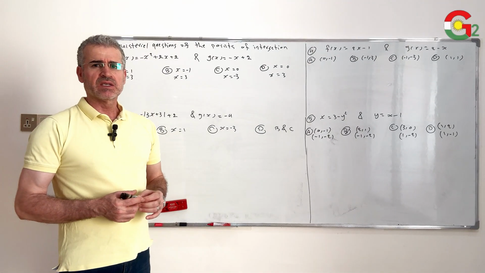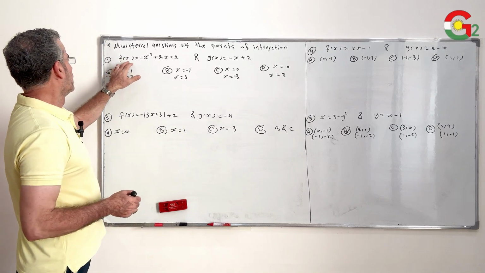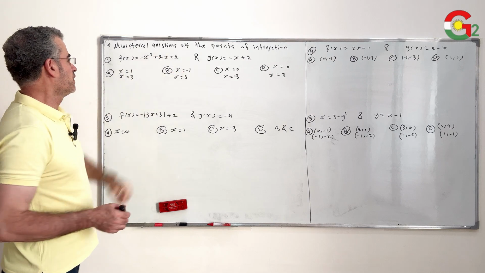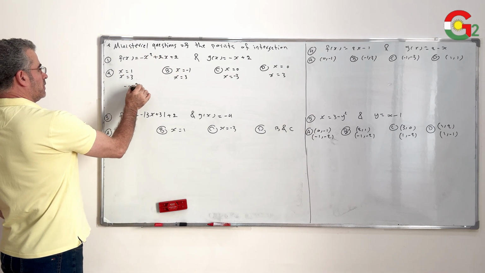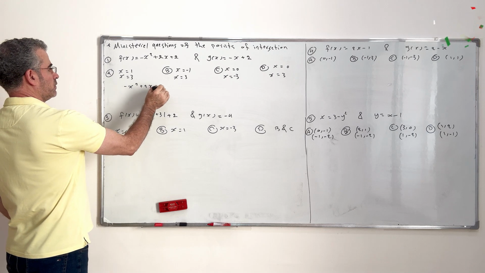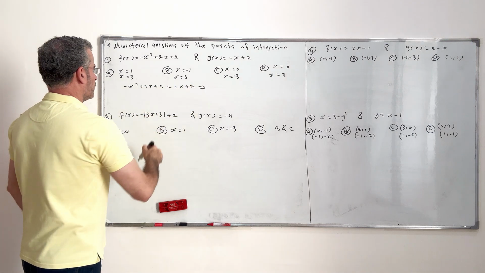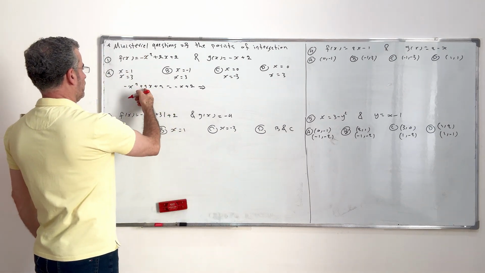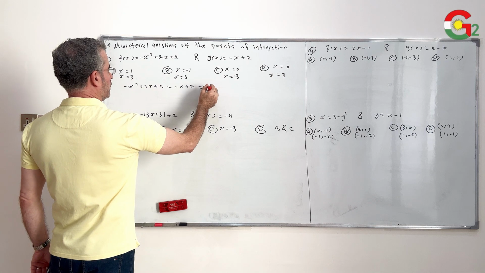I'll complete this lesson by solving the intersection equations. Let us start. Find the point of intersection of these two functions, f of x and g of x. I set f of x equal to g of x and solve it to find the value of x. Take all